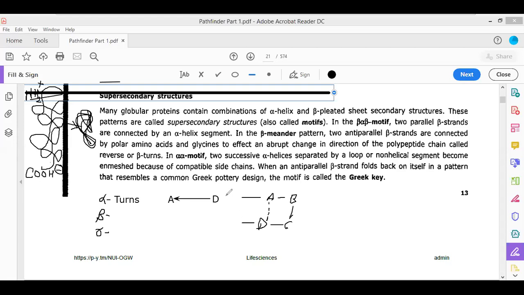Okay, so what is being done here? Here there is a curve which has been introduced. See, this is the curve. This is the curve that has been introduced into the structure of the protein. This curve is being caused because of the introduction of four amino acid residues A, B, C, and D, and A and D have hydrogen bonds between them. So the structure of the polypeptide is going to be altered.